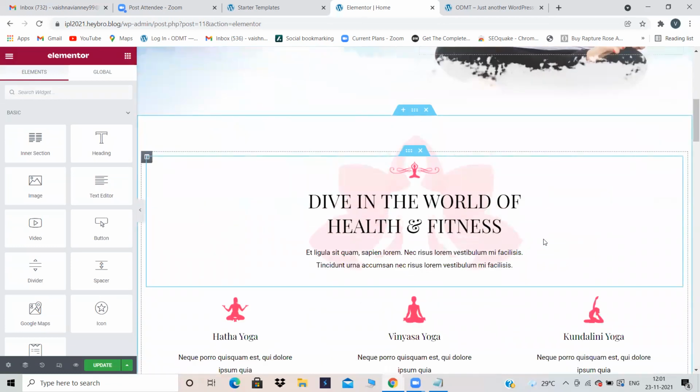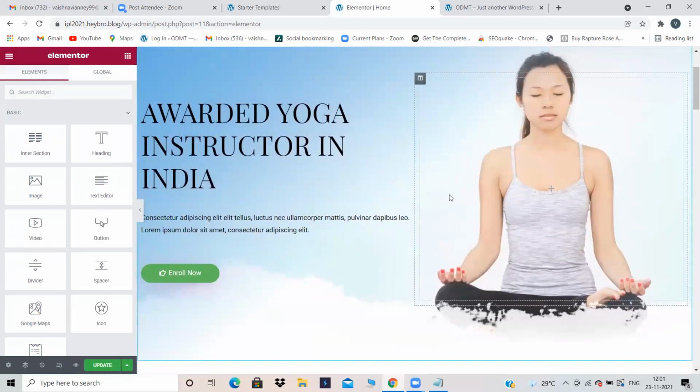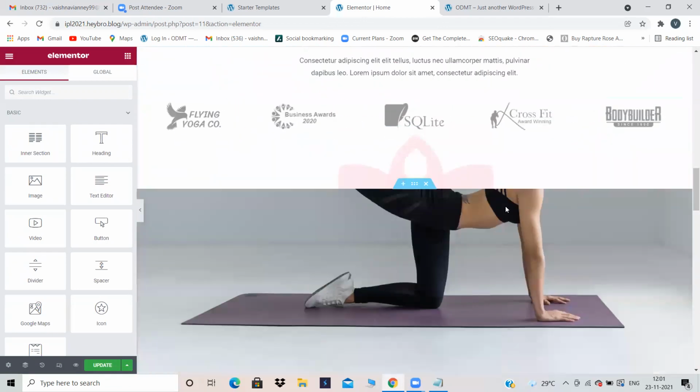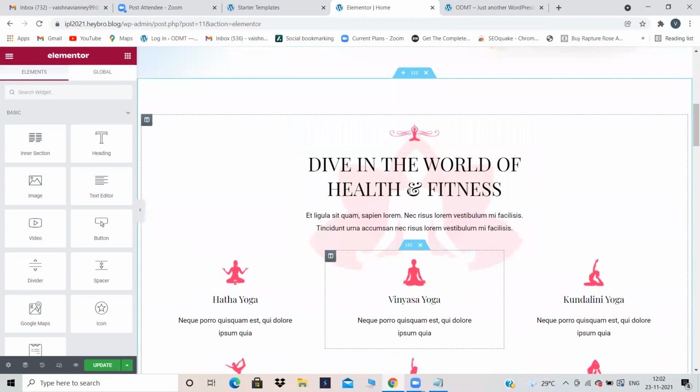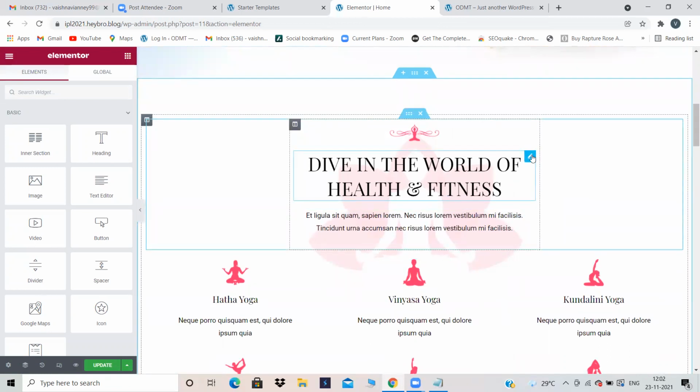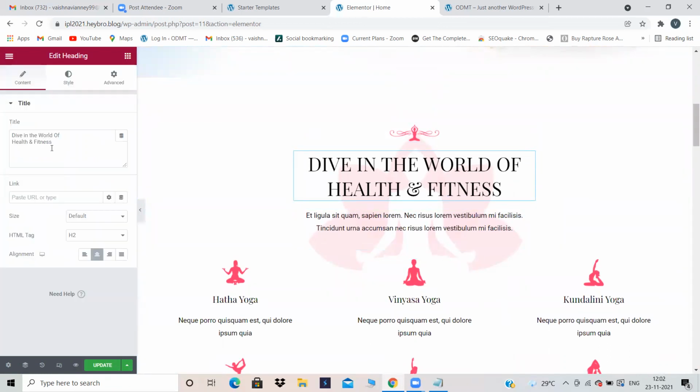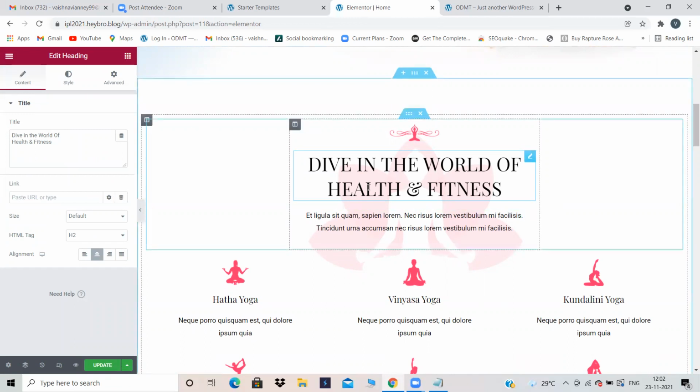How to change the, I think this is a background image. You cannot change this image, but you can change these images. I'll tell you how to change it. Now, how to edit it, you already know. Again, click on the pencil symbol. Again, some text will be there over here. Remove this text and keep it as your own text. And you can give the background also.